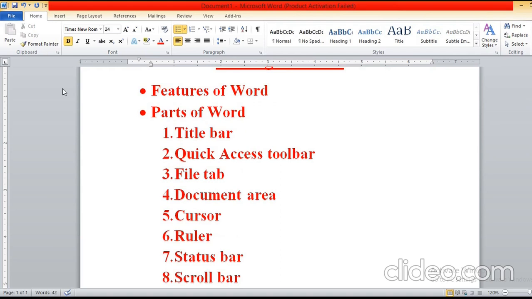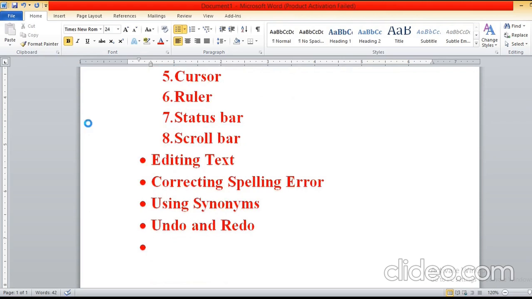In short, making changes in an existing document is called editing. It involves inserting or deleting a line, inserting a page, copying or moving text. Now, I will show you how to perform editing.